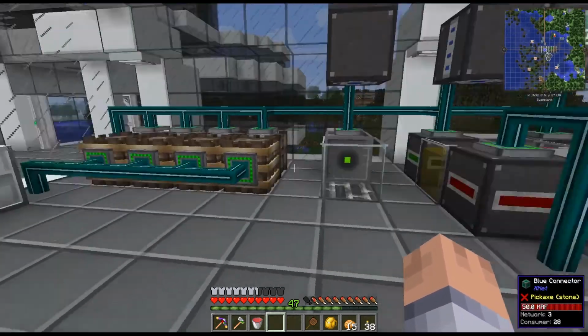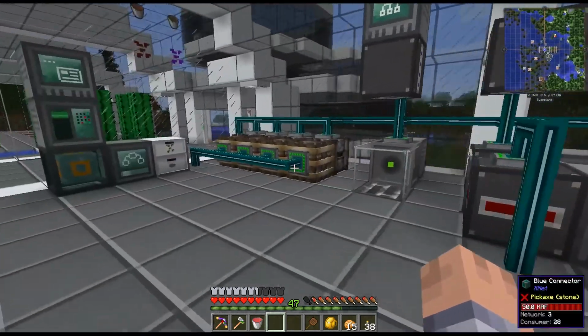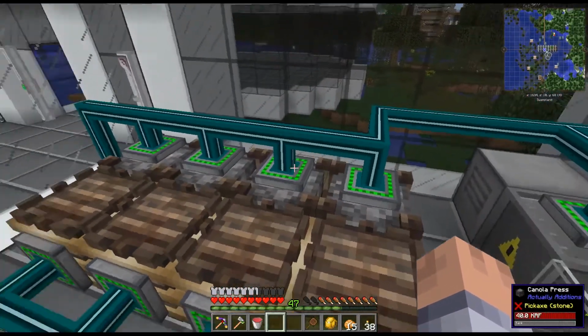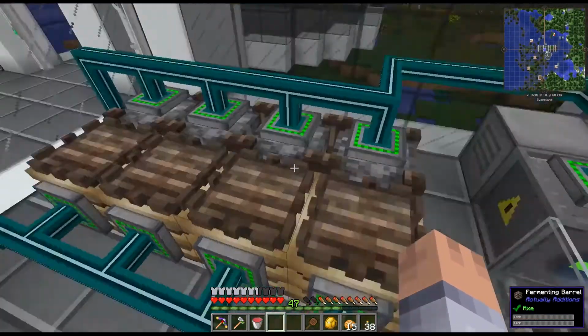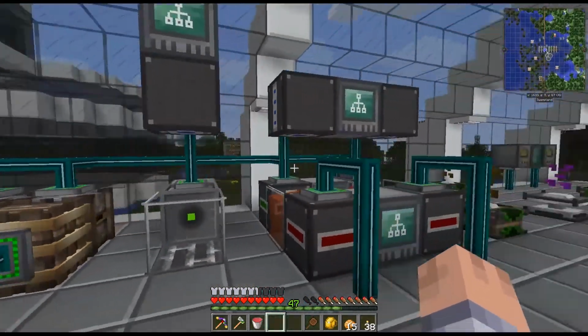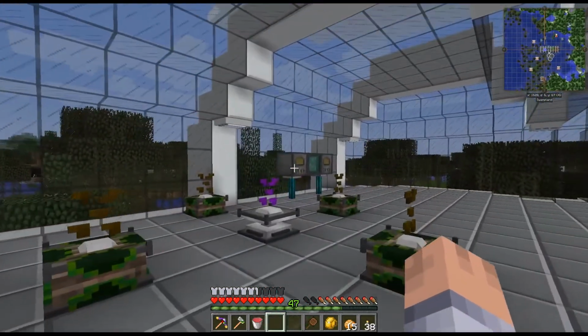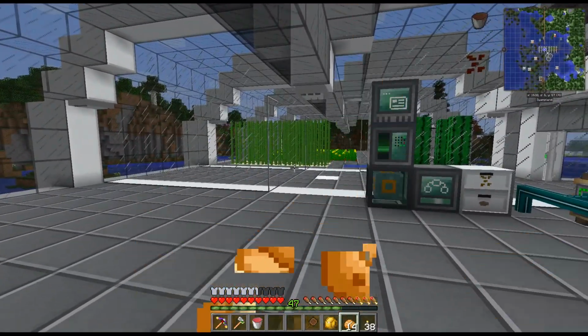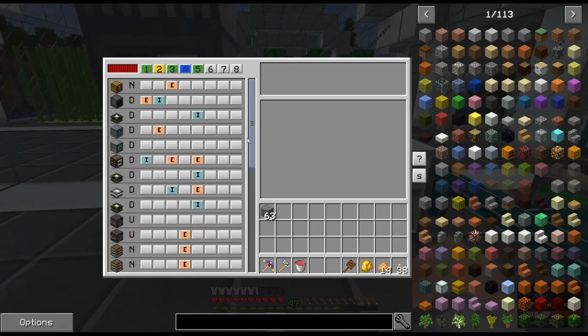This is a very easily extendable setup. Okay, I can add tons more of the... like on top of this, I could add 4 more canola presses and then 4 more fermenters and so on. And this over here, like I said, one of these buckets is going to last quite some time in there. So let's go ahead and let's do this last step here that we need to do today, and that is